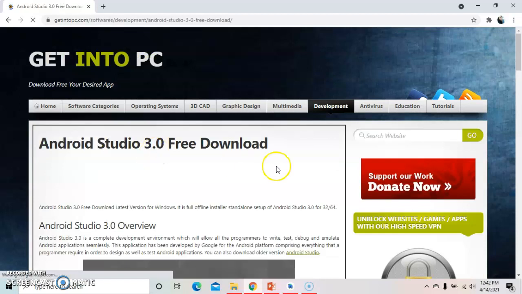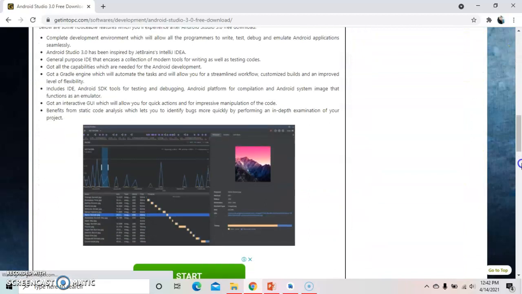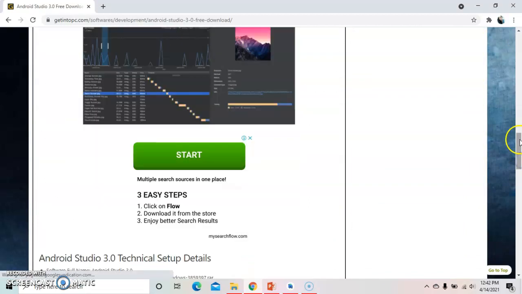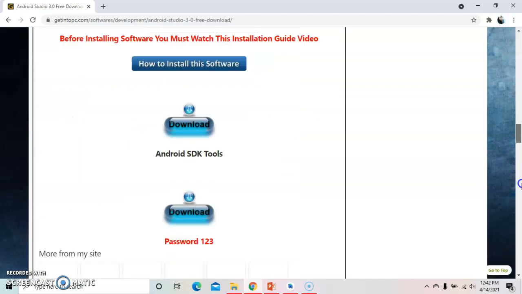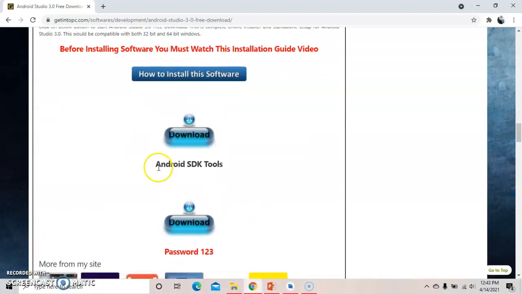Click on Android Studio 3.0 free download, and here is all the explanation of Android Studio. Go to the below side, and then here Android SDK and Android Studio.